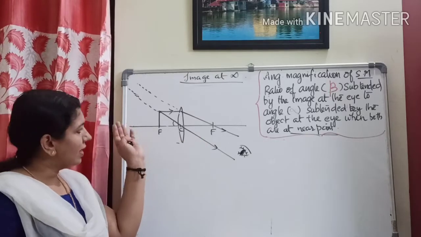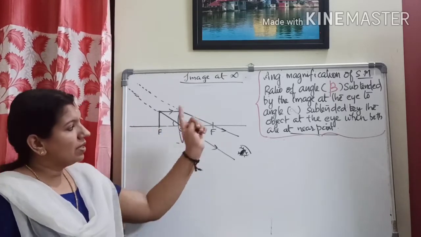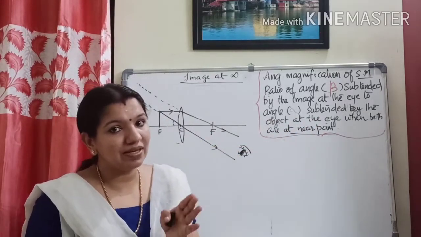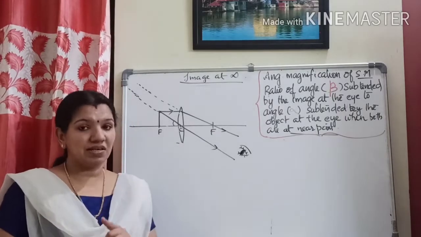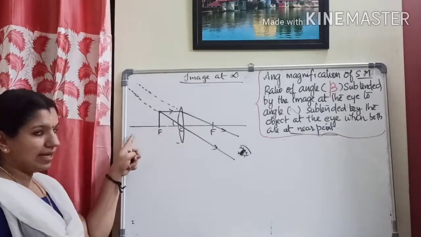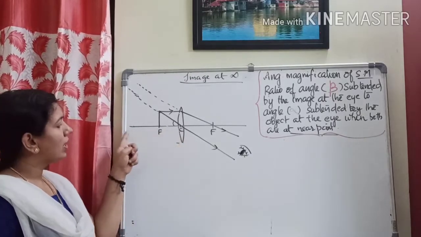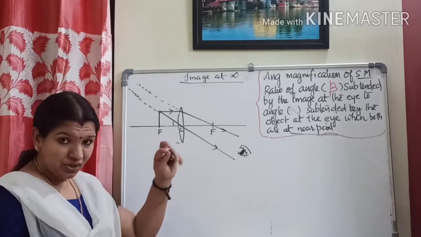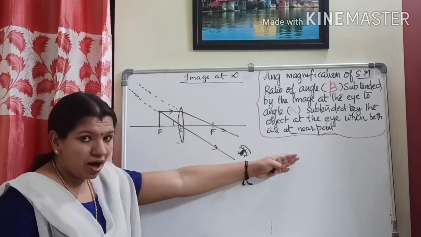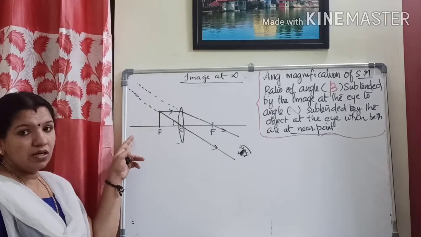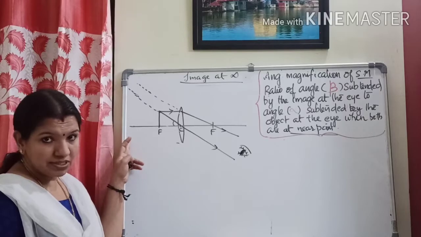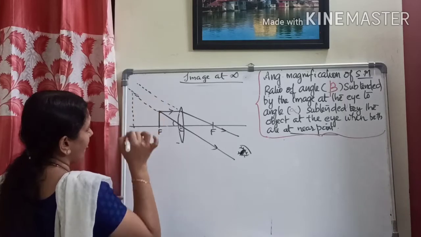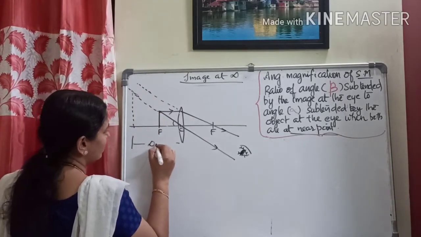Long distance. And here the condition is, both should be at the same point. And what is that suitable point? It should be at a point like D. So again an assumption is there. So at a point D from the lens, you are assuming the image distance. Understand? Even though it is at infinity, for the derivation part, you are assuming a point at a distance of D, capital D. Okay. So here you can assume a point and let this distance be D.